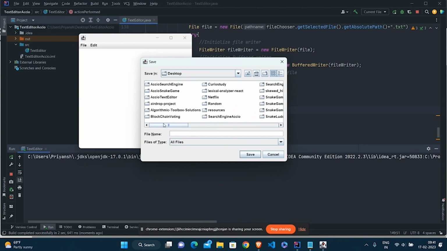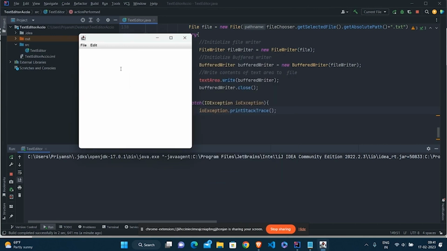Let's call it my saved file. Let's write some text before saving it. So, hi, I am Priyansh, and so this is my first saved file.